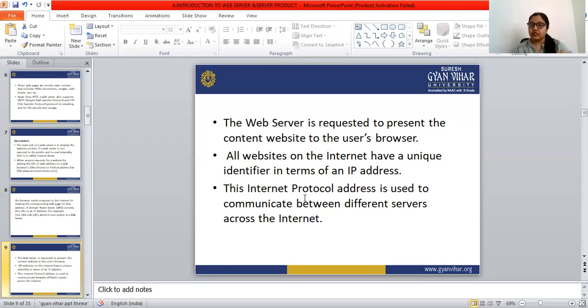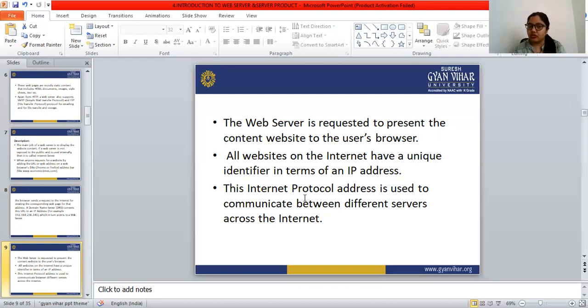When we search anything in Google, the browser sends a request to the web server or the internet. After sending that request, the URL is converted to an IP address by the DNS, the domain name server.